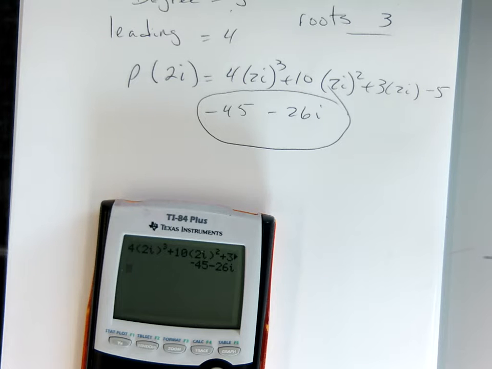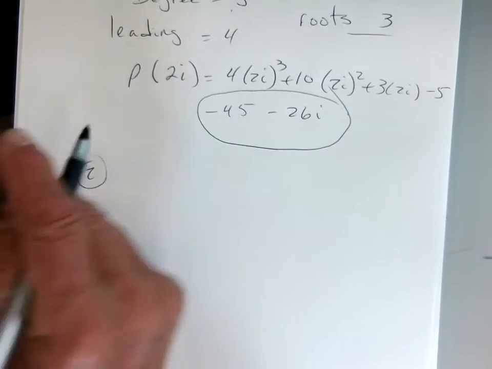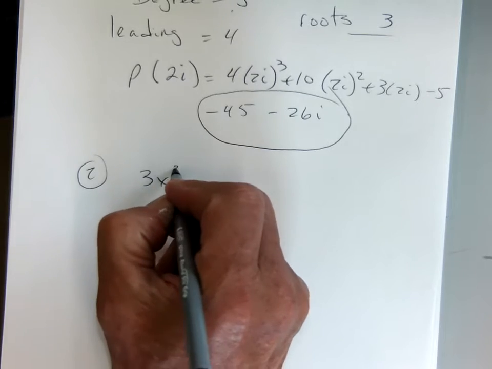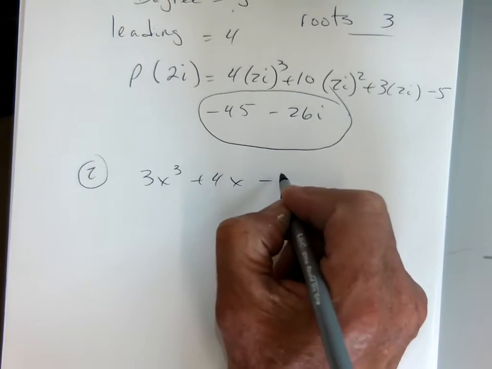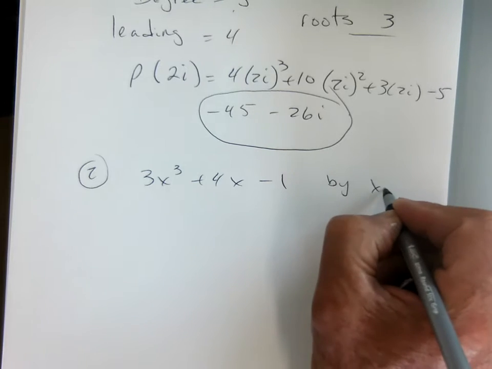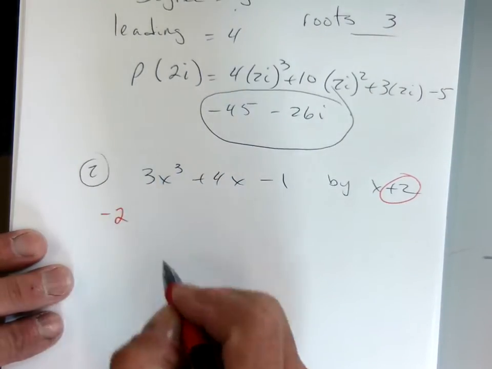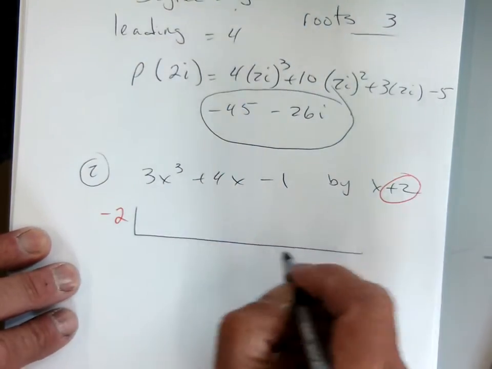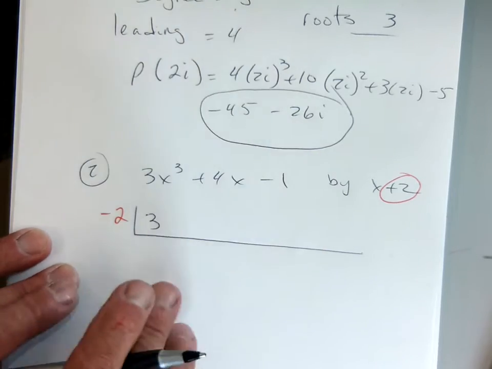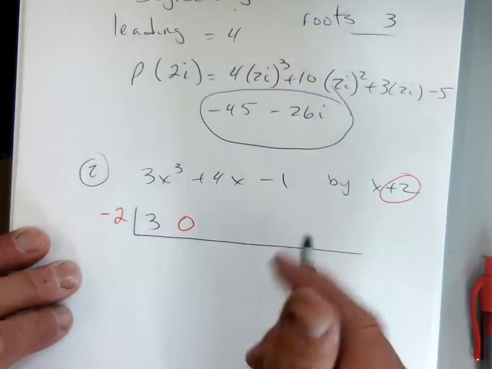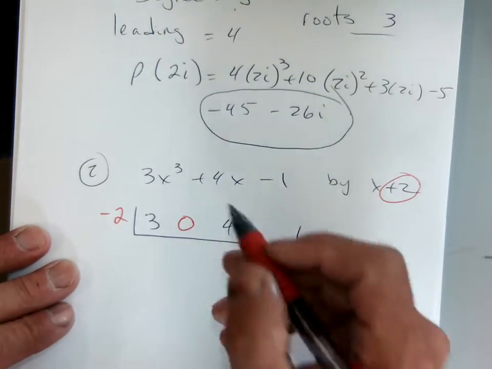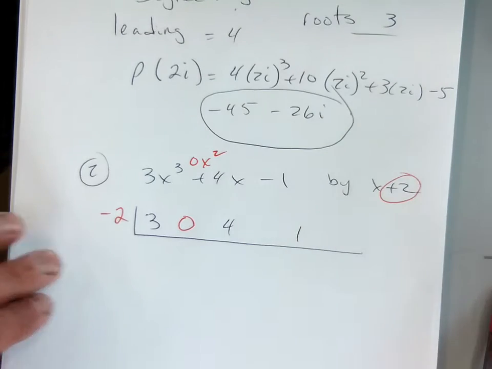Okay, number 2. So we're going to divide. On number 2, I've got 3x cubed plus 4x minus 1. We're going to divide it by x plus 2. Now there's long division or there's synthetic division. Do you remember? Synthetic's much easier. So we take negative 2 into a 3, a 0, a 4, and a negative 1, because there is a 0x squared that we didn't write, but we need it because